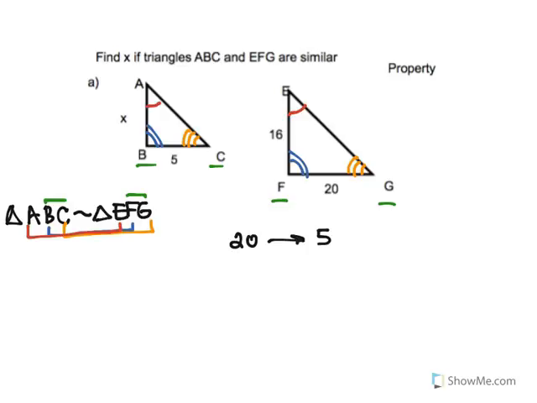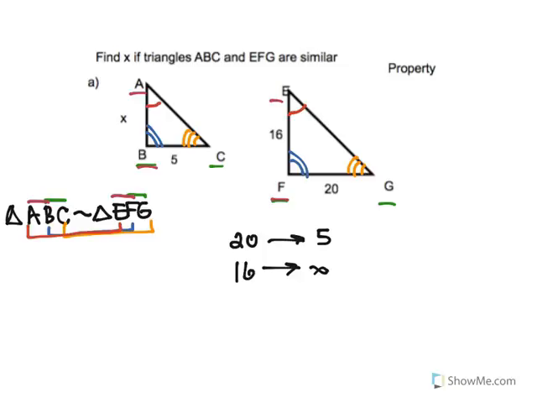is to 5 as, let's find our second ratio. Side FE corresponds to, it's the first 2 letters in the second triangle, so the first 2 letters in the first triangle are A, B. So 16 corresponds to